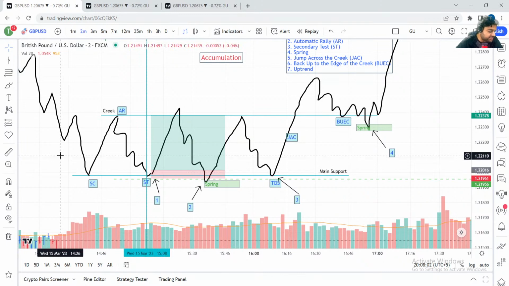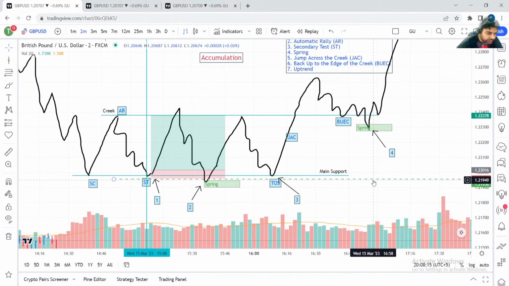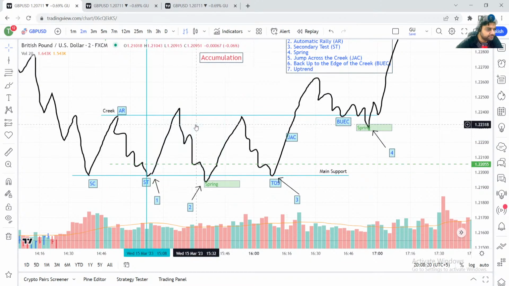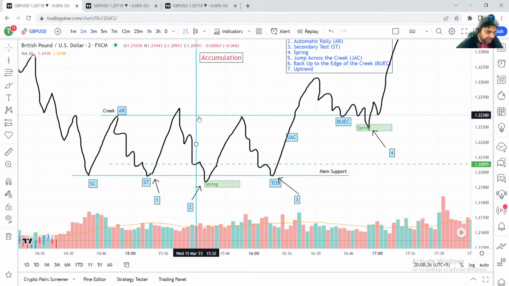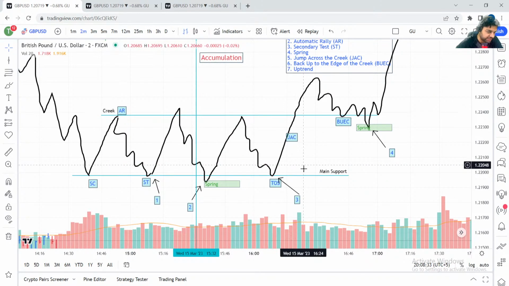But how about the exit strategy? Now I will give you the exit strategy, okay? So if you buy over here, the market goes up slowly and you take a lot of portion out over here. And then what will you do? You will put your stop loss over here above the break even. So what happens? The market goes up, you take your portion, and then the market comes down, it hits your stop loss at break even, nothing happens. You don't worry about this because you already took some profit out of the market.